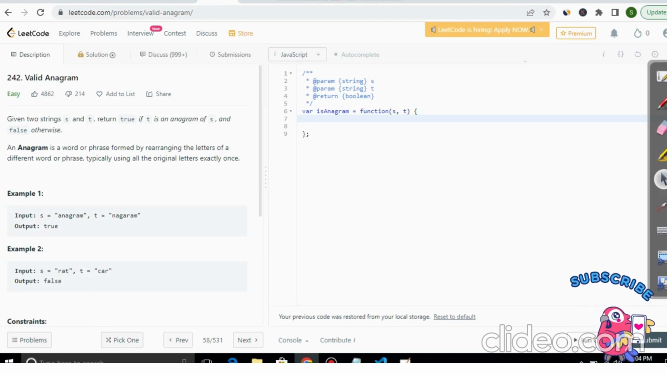So basically, we have s and t. We need to find the appropriate way to check for an anagram, right? So here we have two strings, and we need to find out the length of the strings, because for an anagram, first and foremost, we need to check the length. If the length is not equal, then it can't be an anagram. So first we'll check the length,